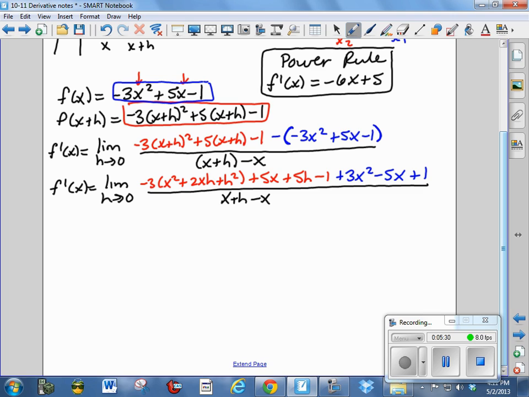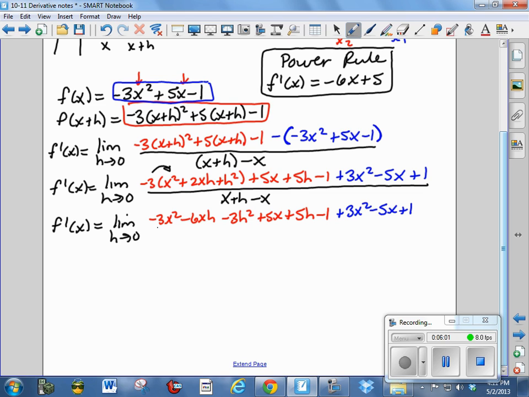Now, f prime of x is equal to the limit as h goes to 0. One more thing to do is I need to distribute the negative 3 here. So I have negative 3x squared minus 6xh minus 3h squared plus 5x plus 5h minus 1 plus 3x squared minus 5x plus 1 all over the quantity x plus h